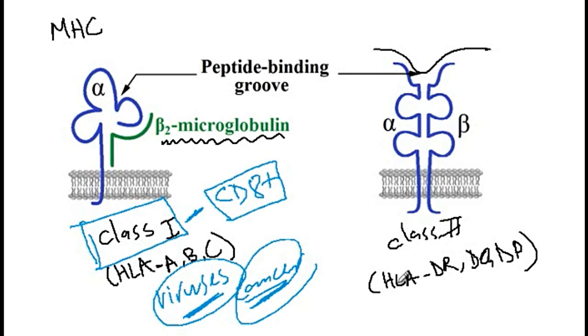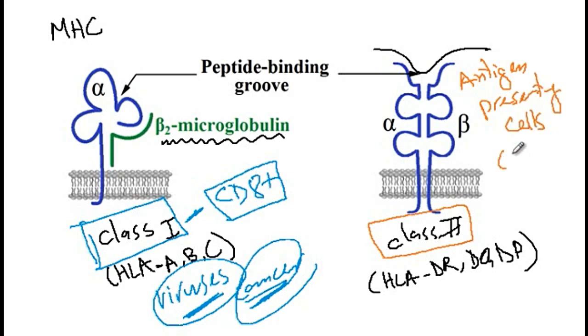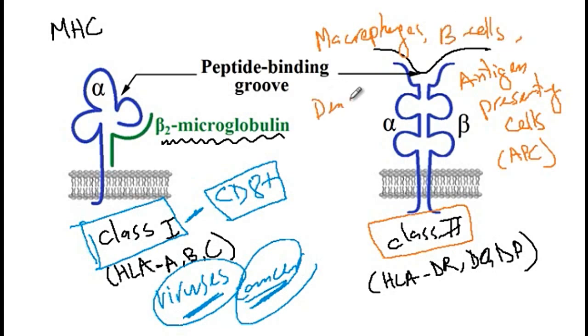well as platelets. As for the class 2 receptors, these are being expressed on the antigen presenting cells, or also known as APC, which include the macrophages, B cells, as well as the dendritic cells. So what happens in these cells is that the exogenous protein is being brought to the endosomes, and in